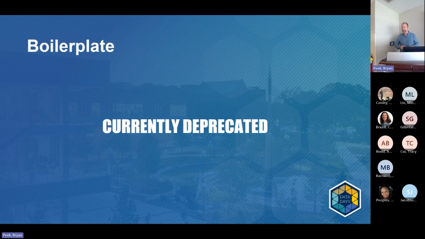Boilerplate is currently deprecated. It's coming back fairly soon. It's not a big deal for us to give, there's just like a stack of work ahead of it. But the idea behind boilerplate is that you have footers and things of that nature that you want to type over and over and over again. And you can associate a given footer with a group. You can say, by default, use this particular footer, or you can choose one of the other ones you've created, and it'll be added to the end of the content. Doesn't exist right now, will return soon.